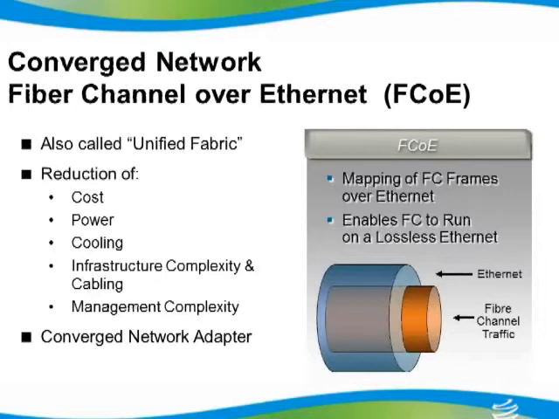Fibre Channel over Ethernet is similar to the way that we presented IP telephony traffic over the same wire as our data traffic. We used to have two separate wires, one for our phone system, one for our network connections. We consolidated those down with voice over IP, so we only have one wire. The same thing is going to be true in our data center infrastructure: we're consolidating down our SAN traffic and running it across the same wire as our data traffic, and we can do so in a prioritized fashion.